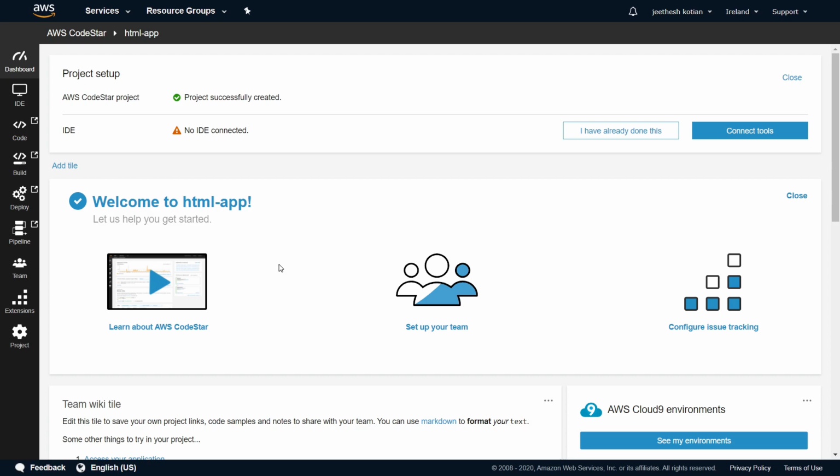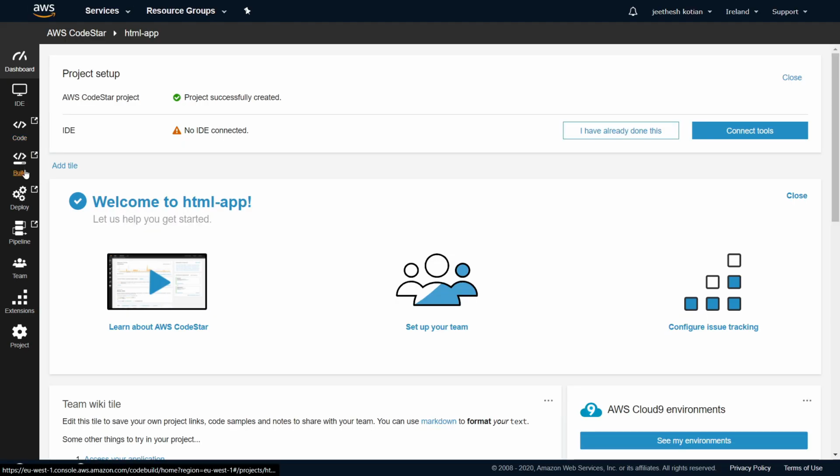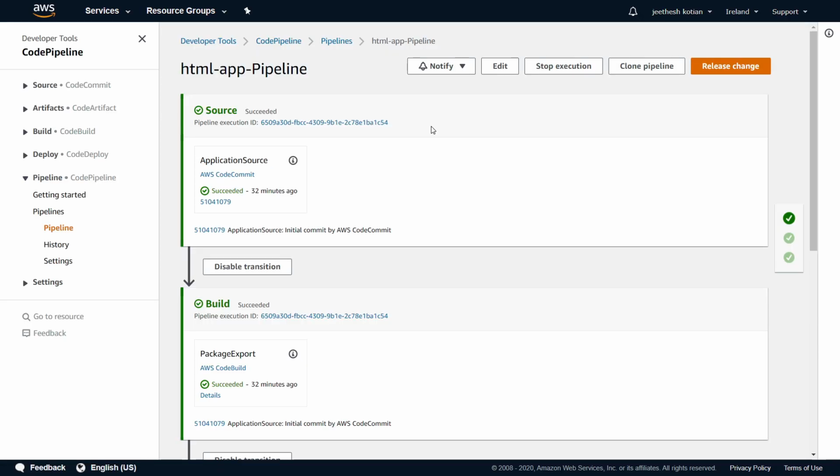On the left panel, you will find all the different services which have been created for this application, which includes the code base, that is your CodeCommit, the build, the deploy, and the pipeline. So if you just click on this pipeline, you will be able to check out the pipeline which has been created for this application, and this is nothing but the CodePipeline service of AWS.